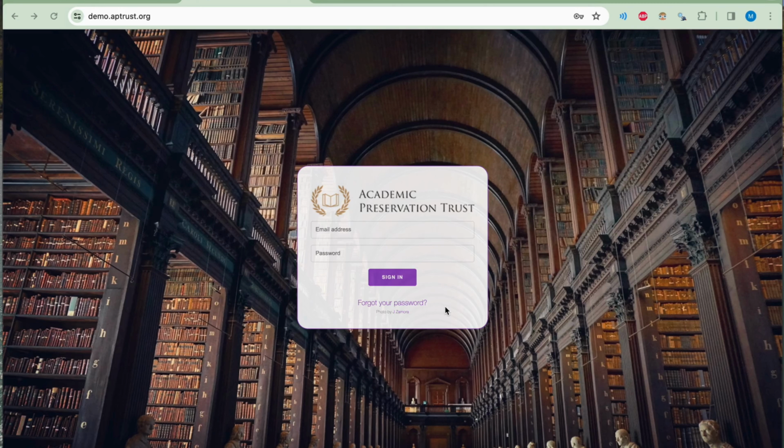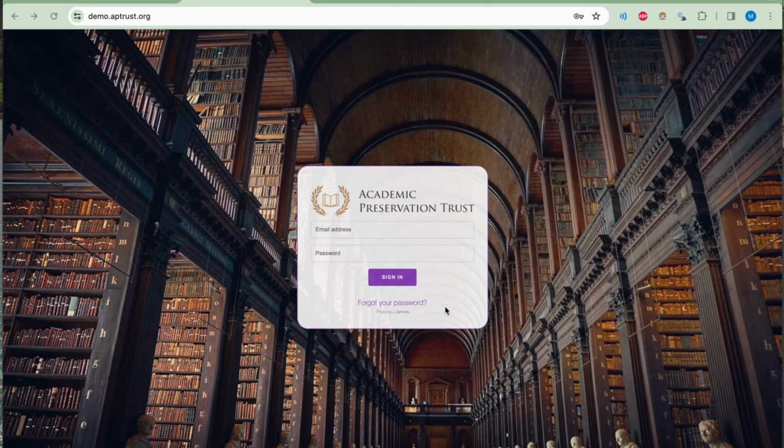The AP Trust Registry is a centralized location that contains information related to buckets, objects, work items, and reports. The registry includes information about the objects and files that are stored within those buckets. If you need a user in the registry, you will need to ask your AP Trust advisory representative to add you or whomever to the registry environment to give them a user.